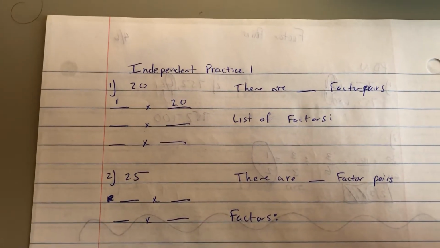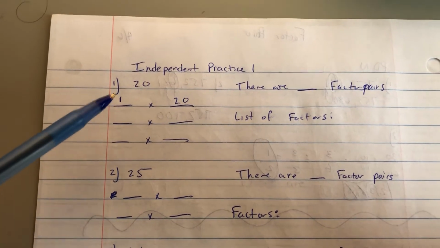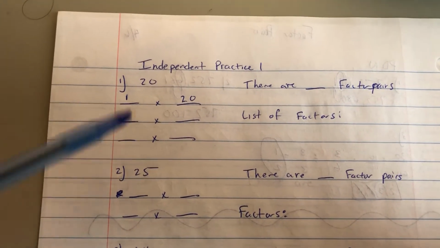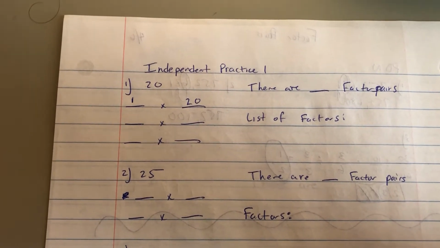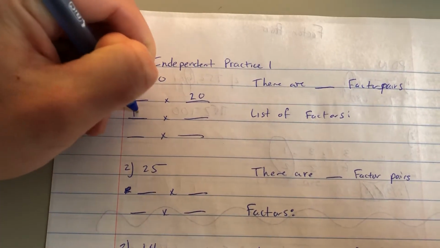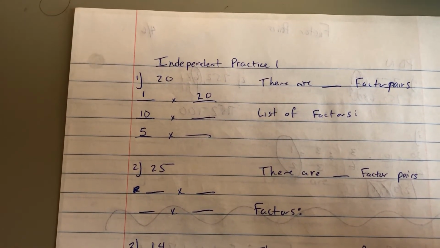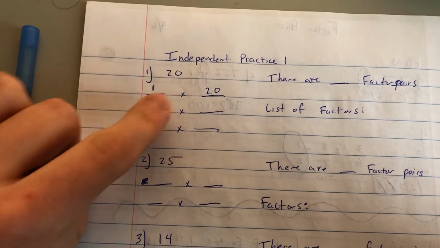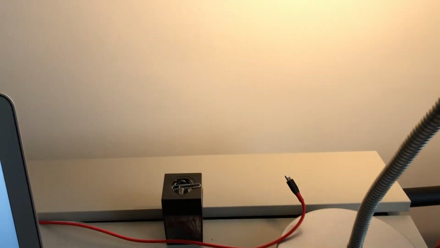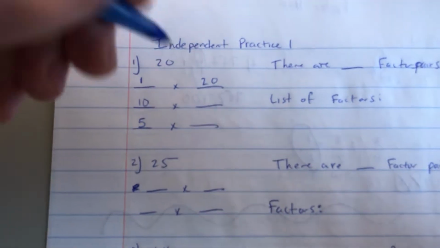Since we're looking for what the product is when the product is 20, I know that 1 times 20 equals 20. I can look and see that there's a 0 in the ones place of 20 and know that I could roll my 10s and I can roll my 5s and get a number that equals 20. So I'm going to first roll my 10s until I get to 20. 10, 20. If I multiply 10 2 times,